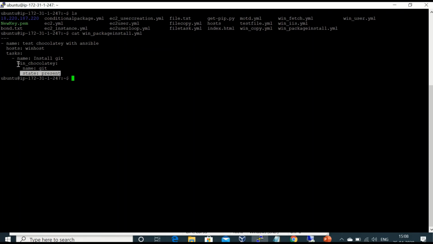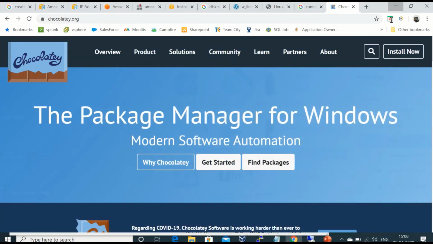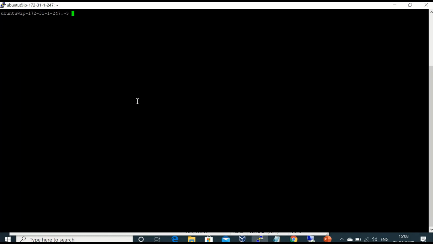So win_chocolatey is the module that helps you to install any package which is available in Chocolatey Package Manager. Okay, this is the link to that. So let's go ahead and do the dry run of this playbook.